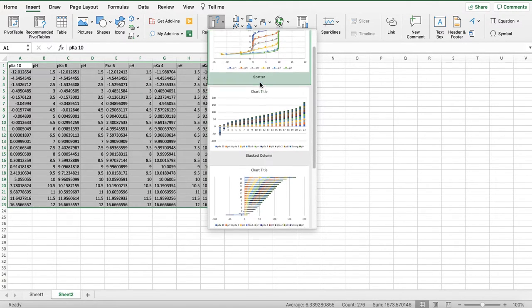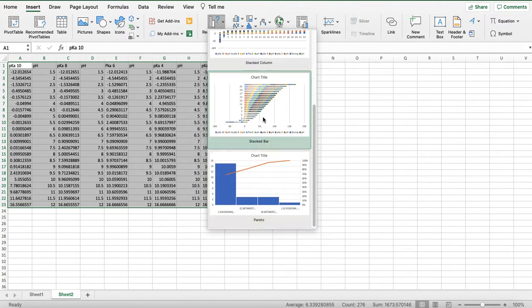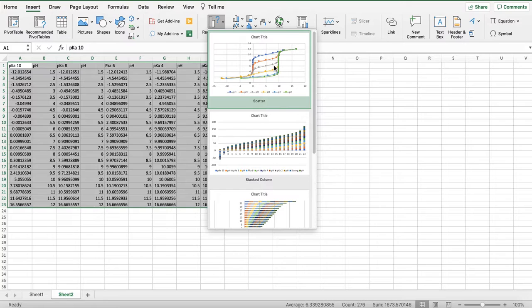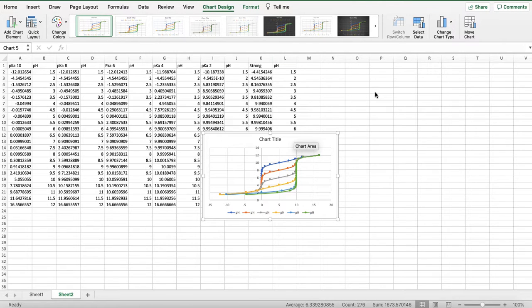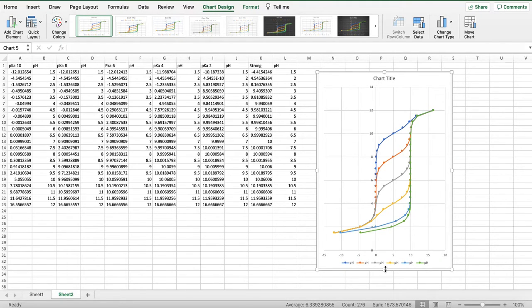So I have like scatter plot, stacked column, stacked bar. So various ways that you can represent this. And this top one actually is exactly what we want. Right? It's alternating X, Y, X, Y, X, Y. And so it automatically gives me the plot. So that's another way. The first way is more general and teaches you more about Excel, but this way gets